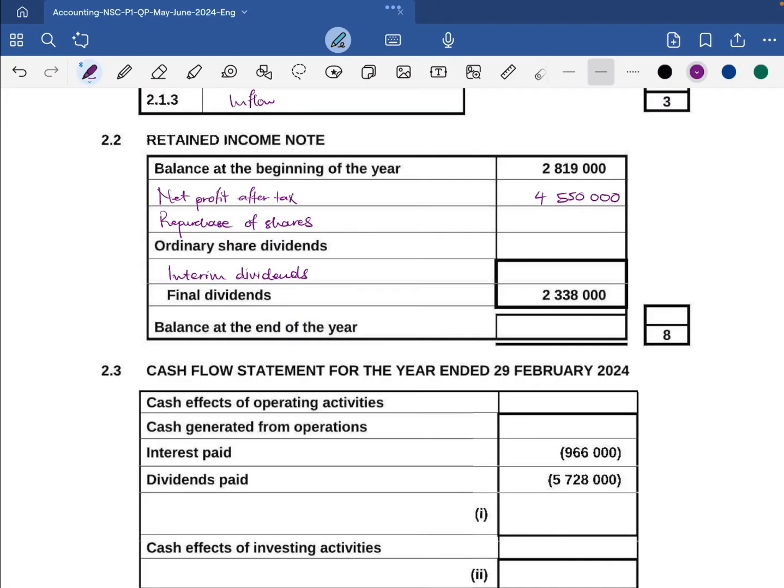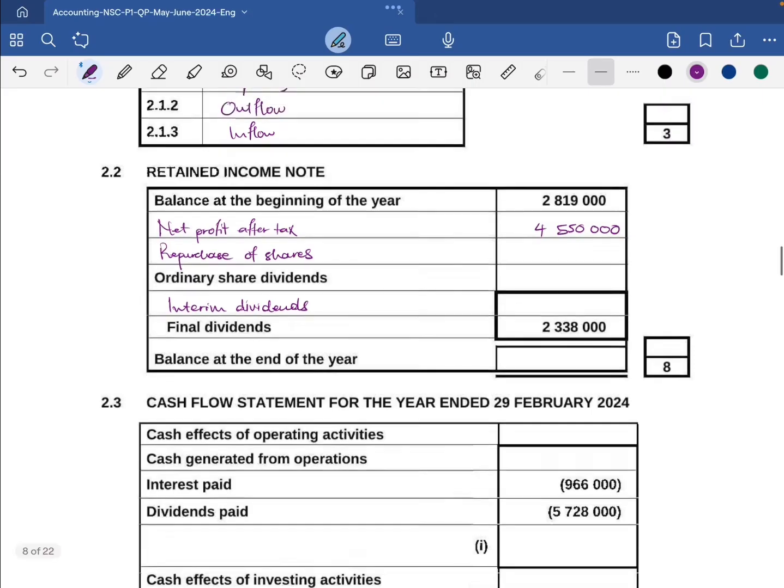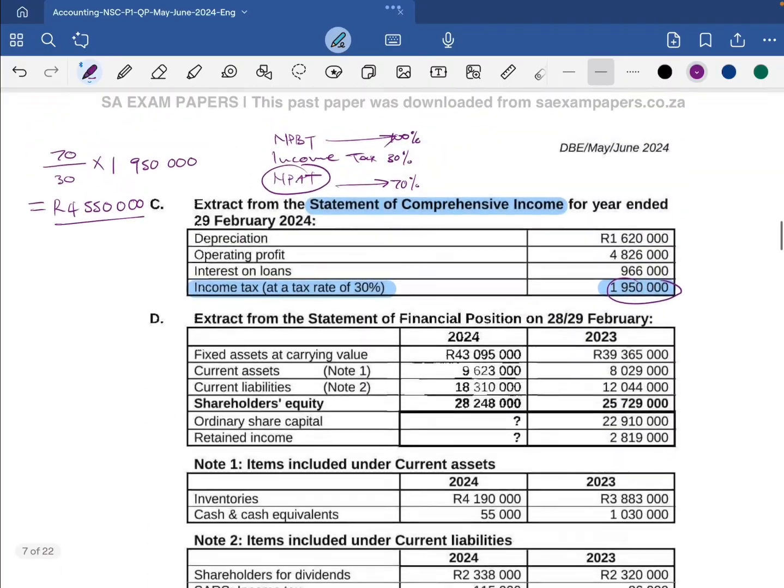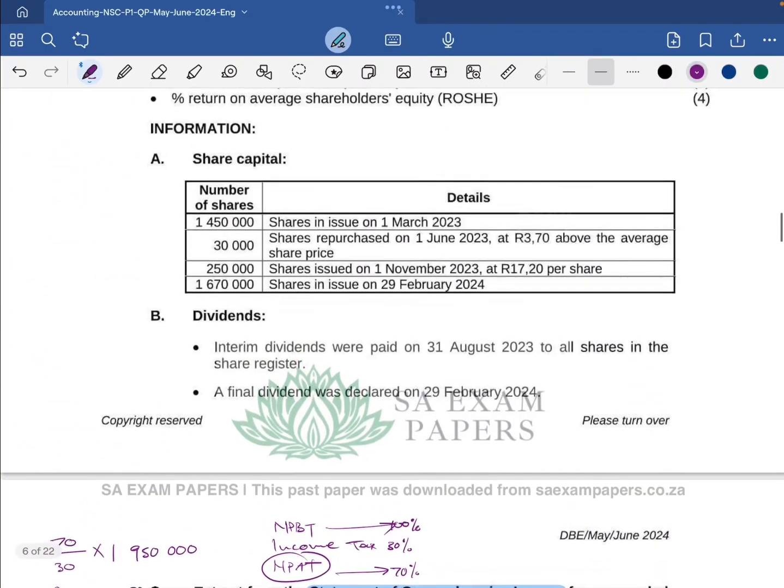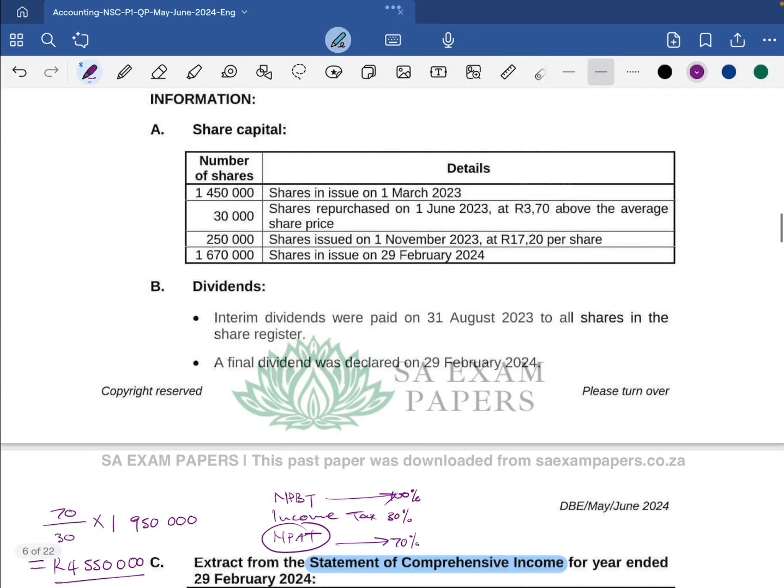That's our net profit after tax. Now we need to work out our repurchase of shares, and information A is going to give us guidance on the repurchase of shares. As you can have a look, we have our share capital, right? When we are reading the information, it says number of shares 1,450,000 were in issue on the 1st of March 2023. So this is our starting point or our starting date,